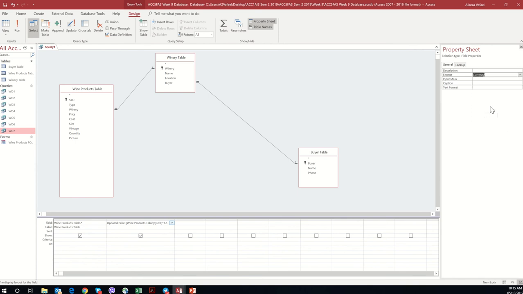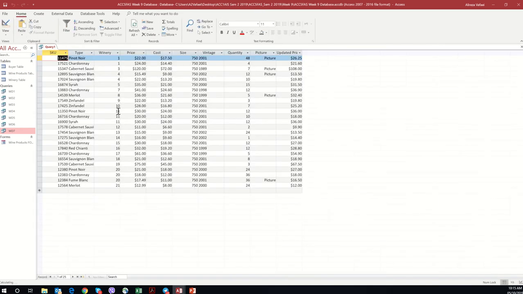Yep, this is currency. So the format is currency here. Yep, that's it. So it should be working now. I think, yeah, I call it on run. So now you have the table, you have the whole table: SKU, type, binary, price, cost,